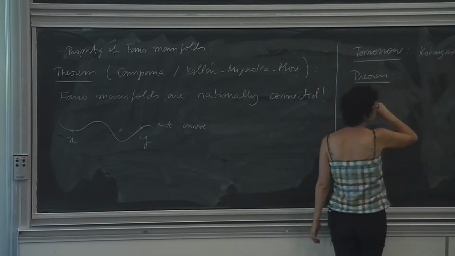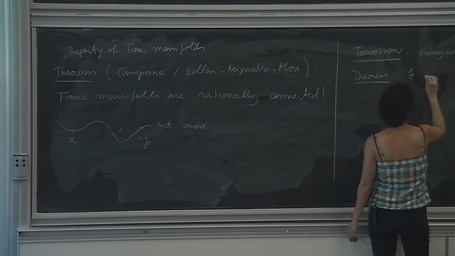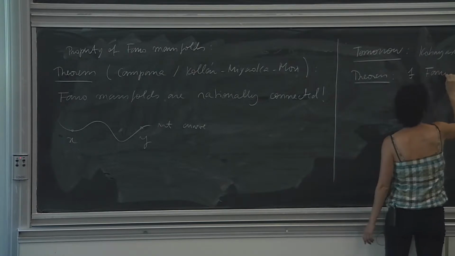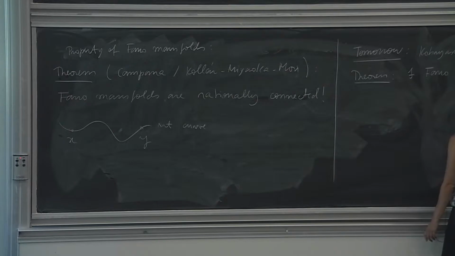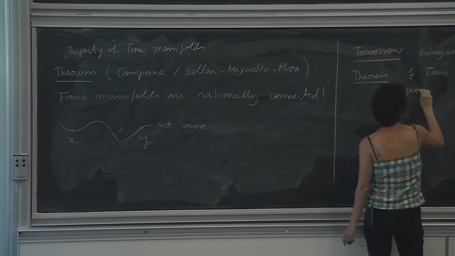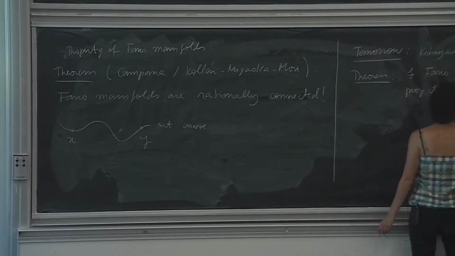So this we're going to see tomorrow. If you have F, a Fano foliation on, say, a smooth projective variety X,